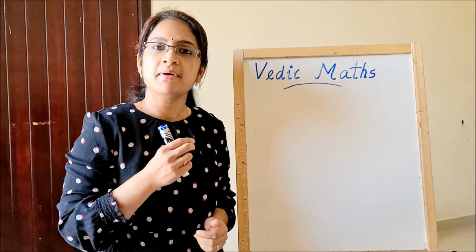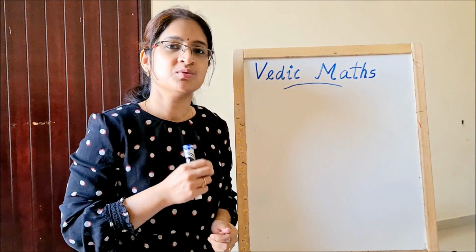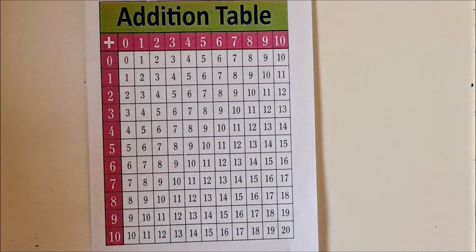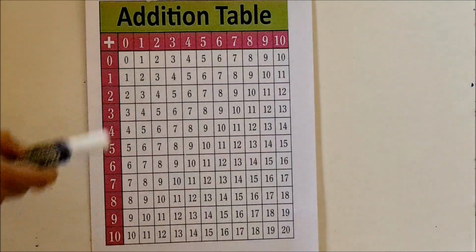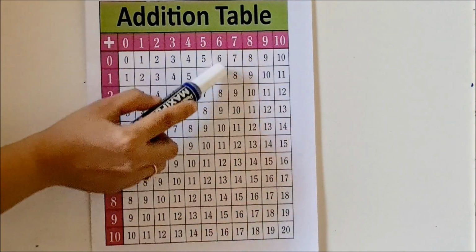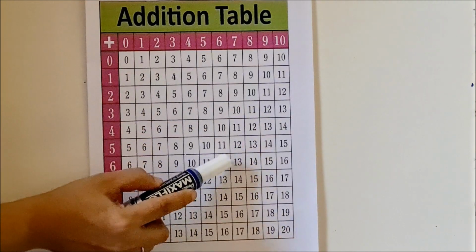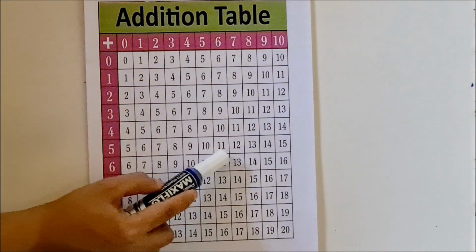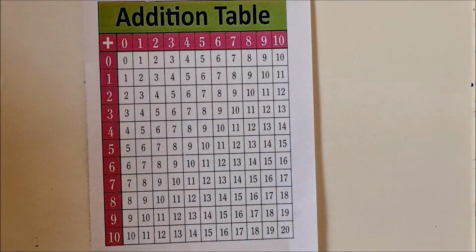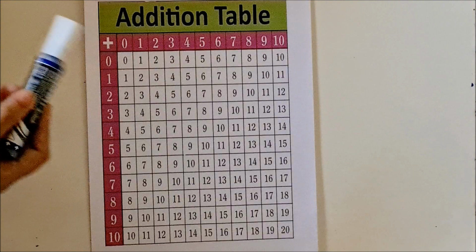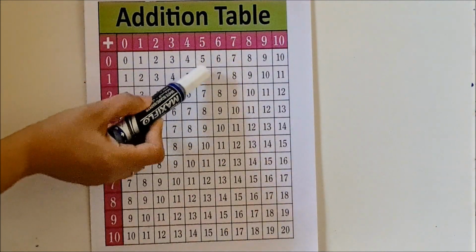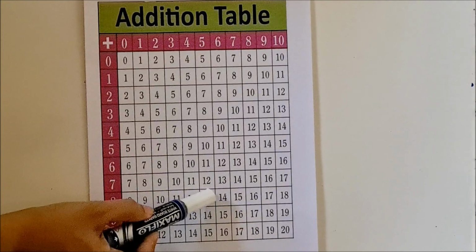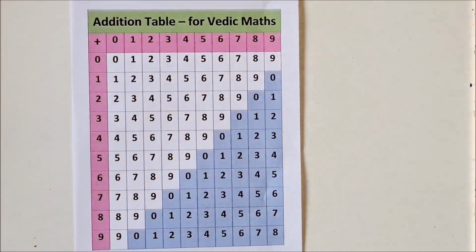Last class we discussed the n number concept. So in order to remember the n numbers, I will show you a table. This is the normal addition table. If you want to see 6 plus 6, you will take 6 here and you will go down till 6 on this side. So that will be here. 6 plus 6 will give you 12. Correct? Another example, if you want to take 5 plus 8, 5 here and you go down till 8. That will be here. 5 plus 8 equal to 13.